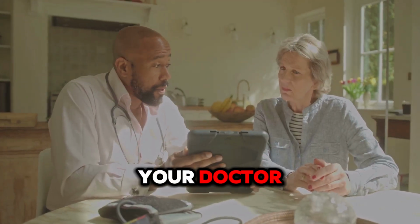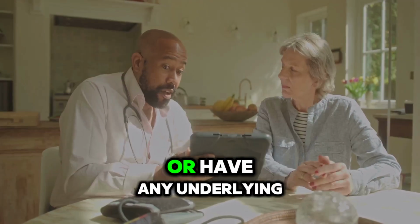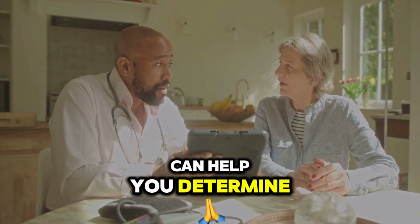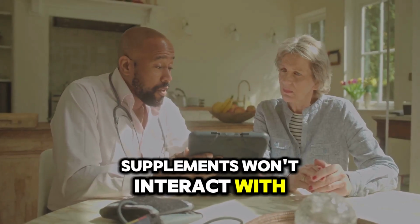Just remember, it's always a good idea to chat with your doctor before starting any new supplements, especially if you're taking medications or have any underlying health conditions. Your healthcare provider can help you determine the right dosage and ensure that turmeric supplements won't interact with any medications